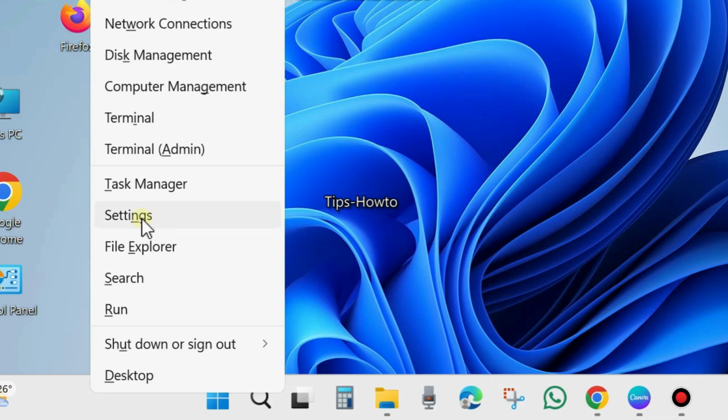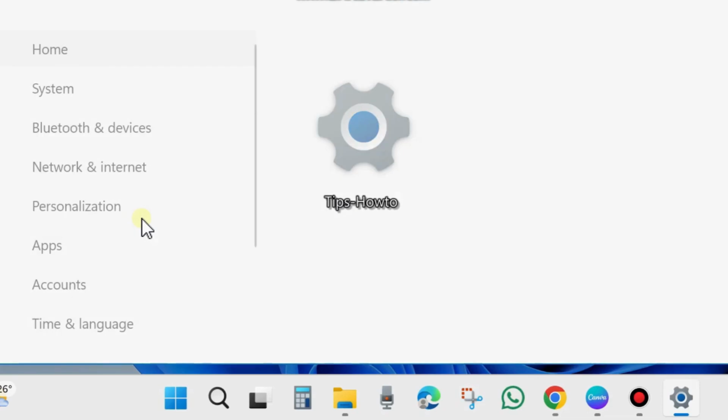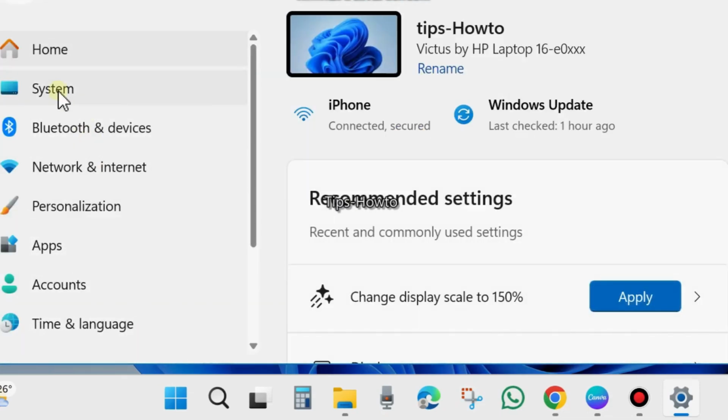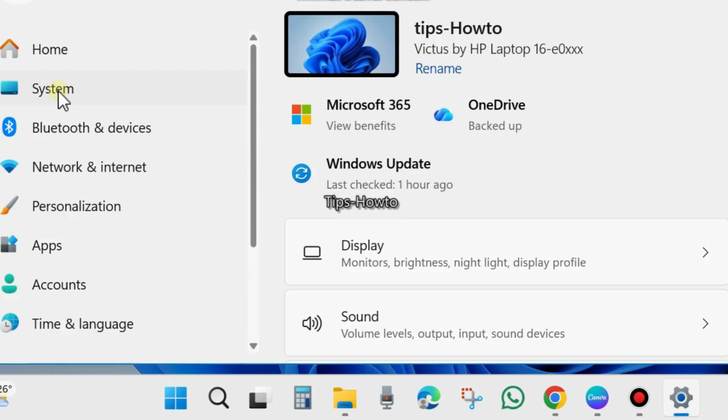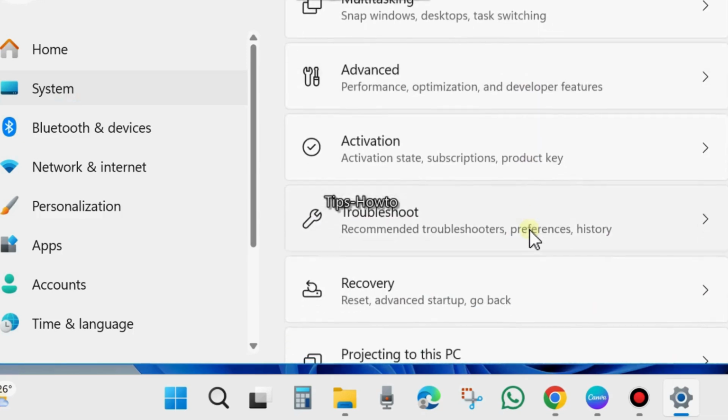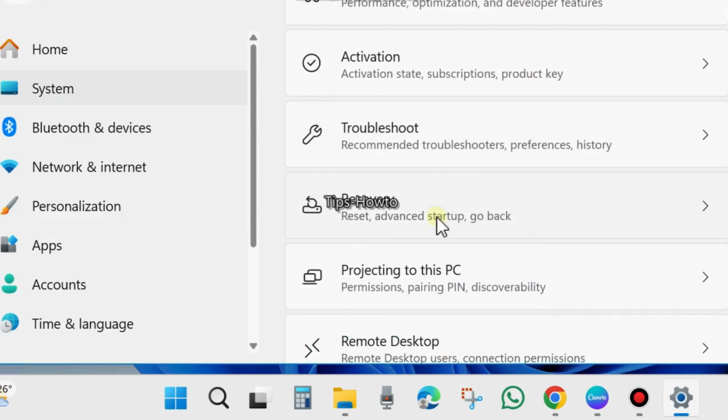To find it, right click on the start button and choose settings. Here from the left side of the settings page, go to system settings. This is a tool from which you can easily recover your machine. Thereafter go to the right side, scroll down and look for the option recovery. Click on recovery